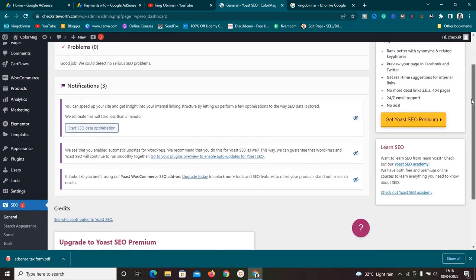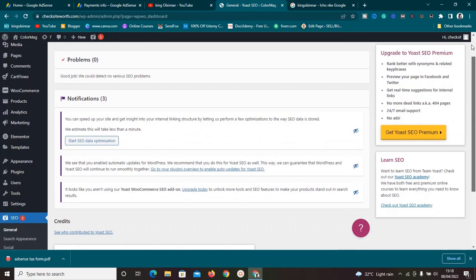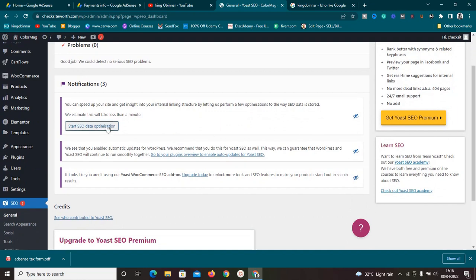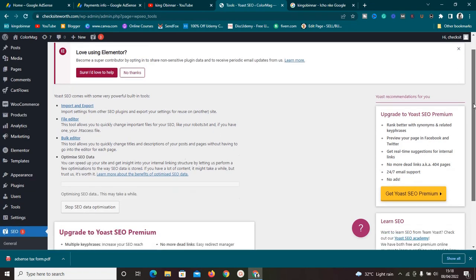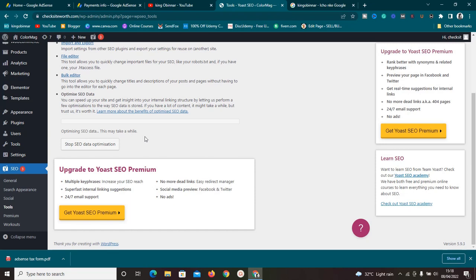So right now this is Yoast SEO. Right now we need to configure a whole lot of things. As you can see here, what we need to click on right now is start SEO data optimization. Once I click on it, it's going to automatically bring this stuff to my dashboard right here. So right now I can just allow it for a while to do its job. It's doing its job right now, and after that, we can continue setting up and making sure our website is very optimized in order for Google to